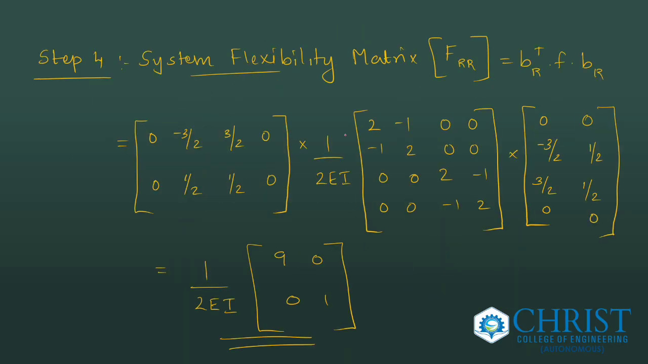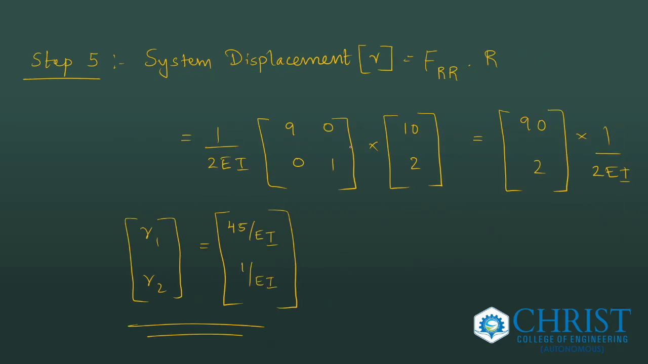And next step is system flexibility matrix, BR transpose dot F dot BR. Adding it in the calculator, we will get the value of FRR. Then system displacement, small letter r, equal to FRR dot capital letter R. That is, just substituting it and multiplying it with the load matrix, I will get the value of R1 and R2. That is my system displacement values. This is the way in which we